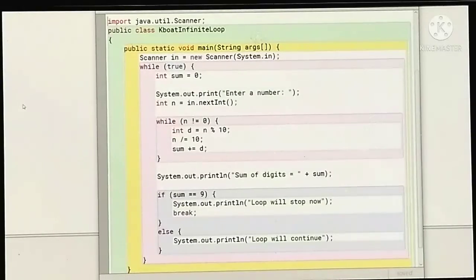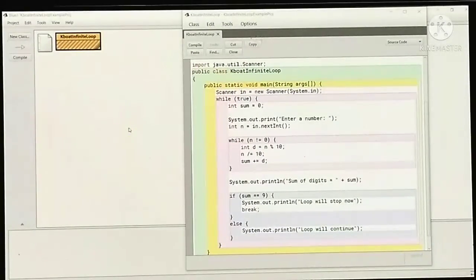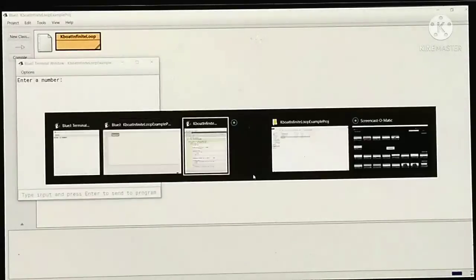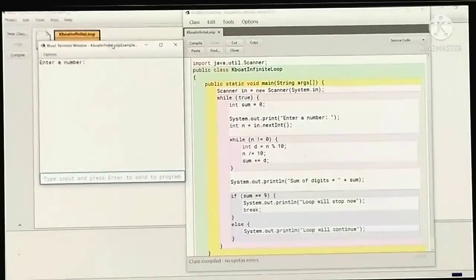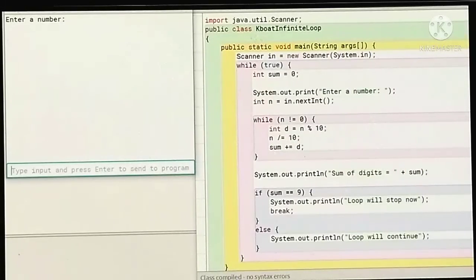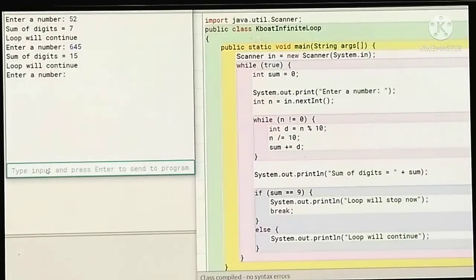Like in this example, while n not equal to 0, there is a nested while loop. When the while condition is true and you enter the n value, your statement will be executed. But inside, if sum is equal to 9, only then will the loop exit with the break statement, otherwise it will continue. That means if you get a total sum equal to 9, only in that case will your control go out of the loop.